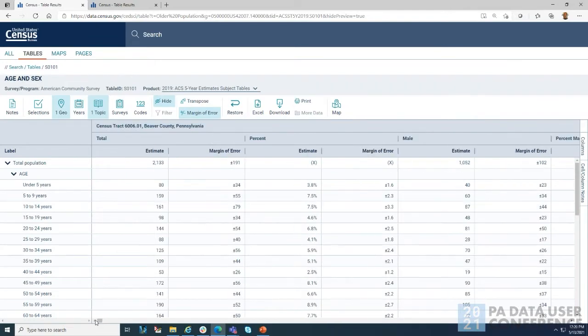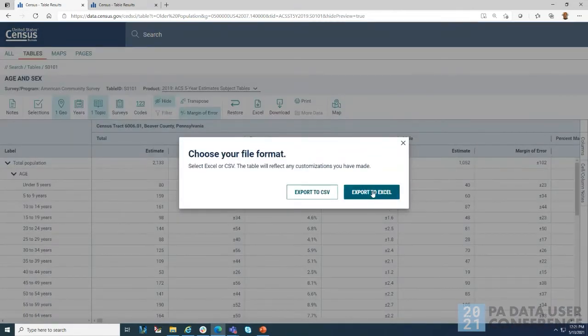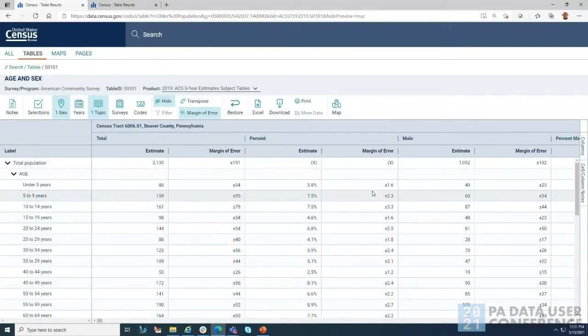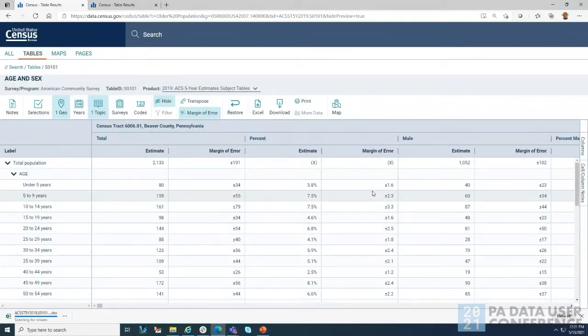But if you wanted to maybe download or put it into Excel, I'll show you the two differences. So we have something called download, and then we have something called Excel. It used to be export to Excel, and they're two very different things. So let me show you the differences. When I click on Excel, export to Excel, let me show you what it comes up as. It comes up as more of a table display. Open the file.